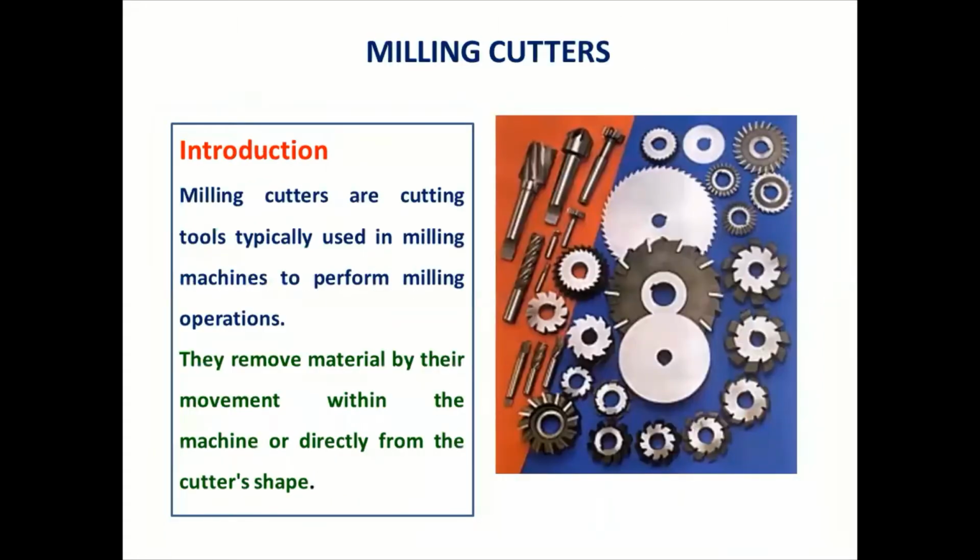Now, first we'll go for the introductory part of the milling cutter. You know that milling cutters are mostly used in milling machines for the removal of metals. For the different types of cutters which we have shown in this diagram, according to the form also the cutters are available. Means if you want to go for gear cutting, in that case the profile gear cutters we are using. So as per the requirement, the different cutters are available.